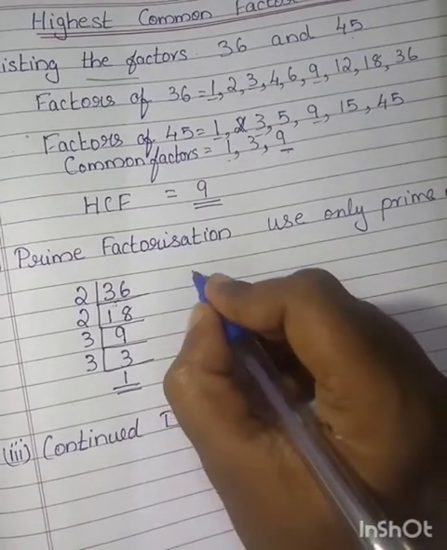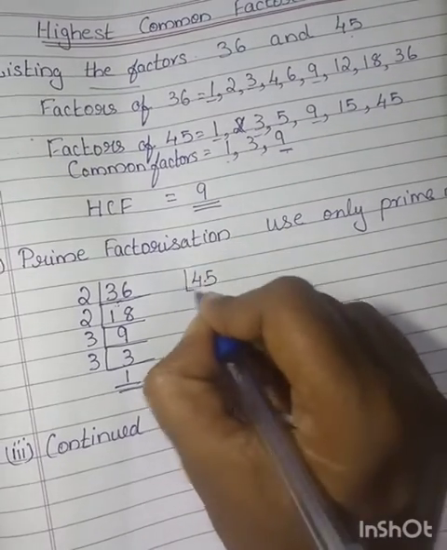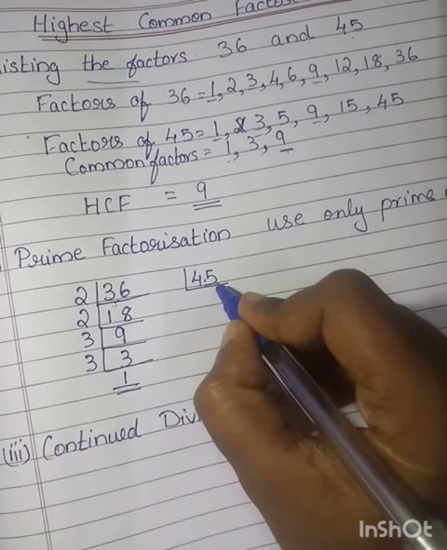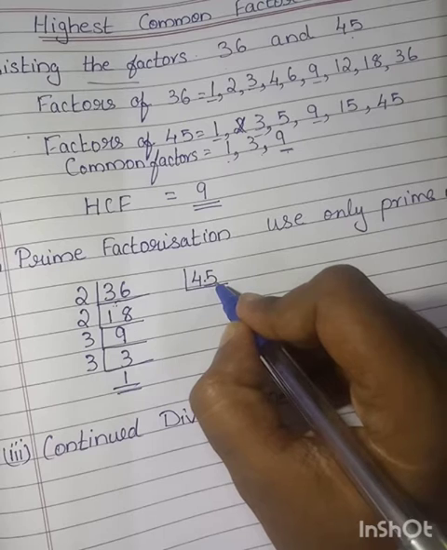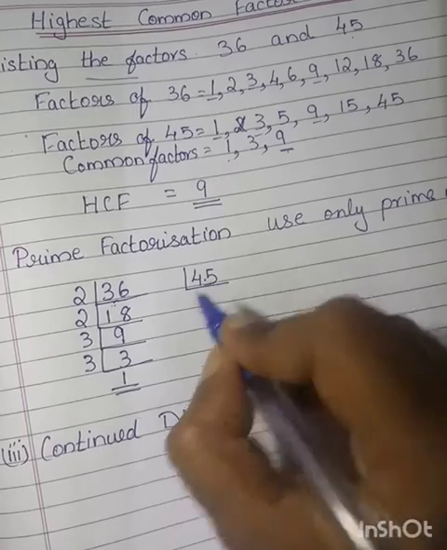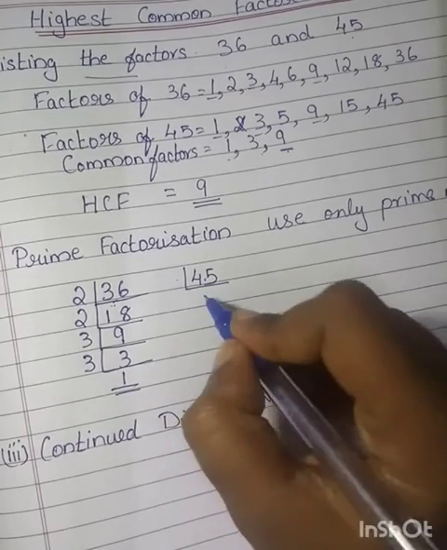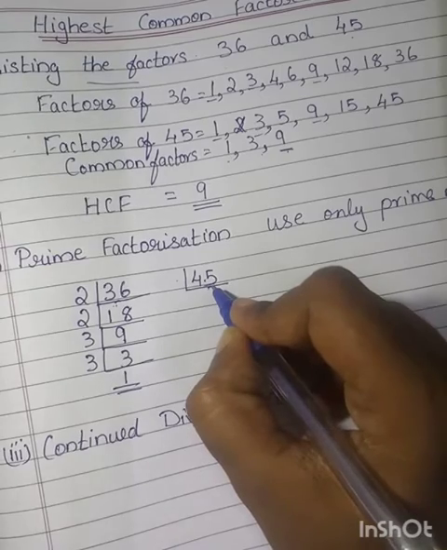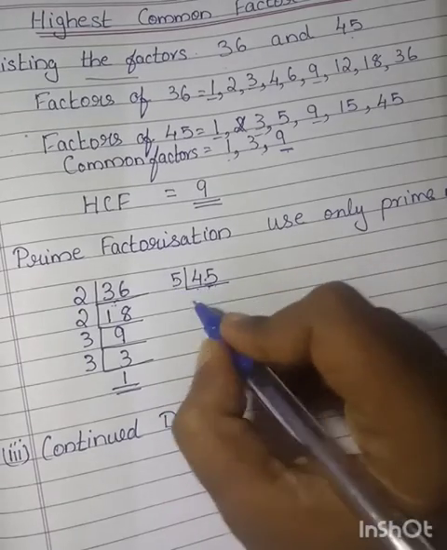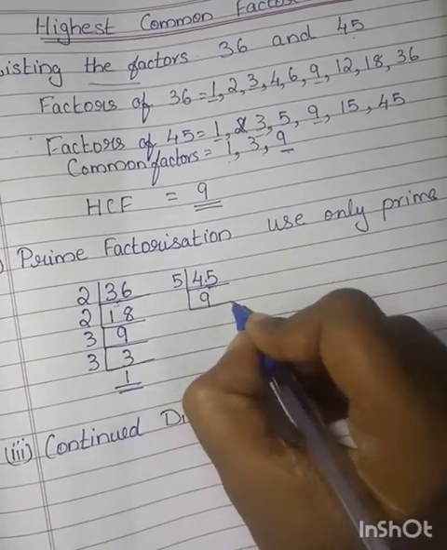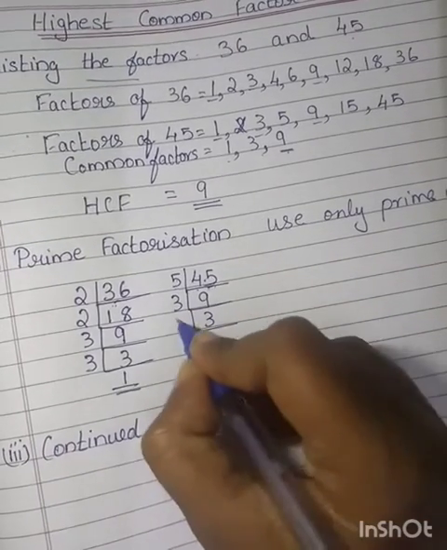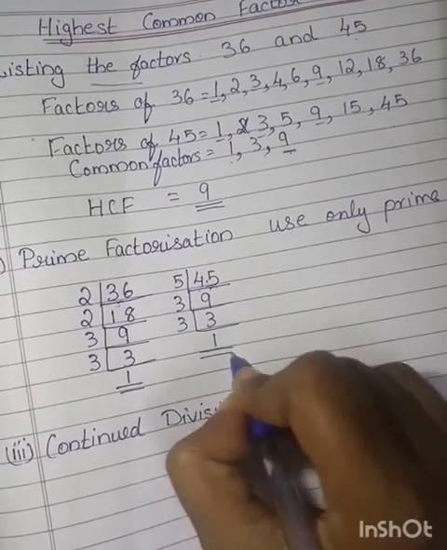Now the same way you have to do for 45 also. For 45, we can either take 3 because 4 plus 5 is 9. When you apply the divisibility rule of 3, 9 is divisible by 3, so that means 45 is also divisible by 3. Either you can take 3 as the prime number here, or since it is ending with 5, you can take 5 also. I am just taking 5 here. In 5's table 45 will go 9 times, then 9 goes in 3. In 3's table 9 will go 3 times. So 3 itself, 1, done.